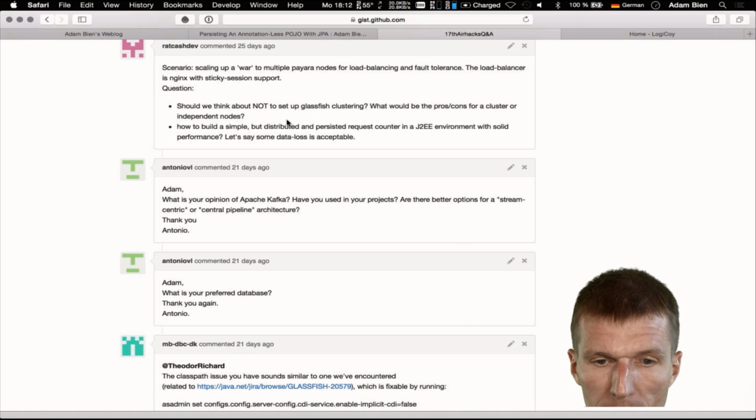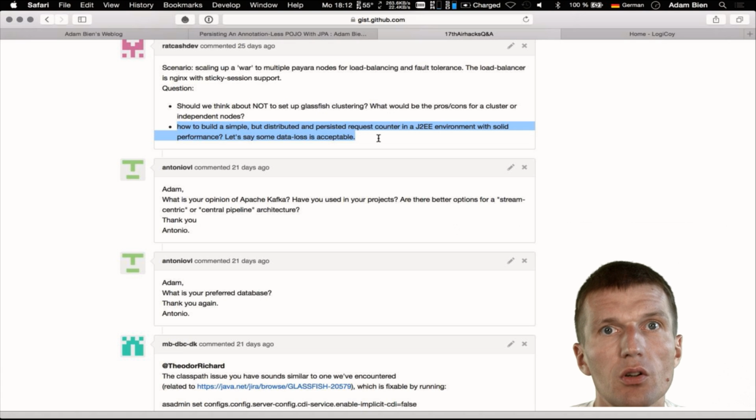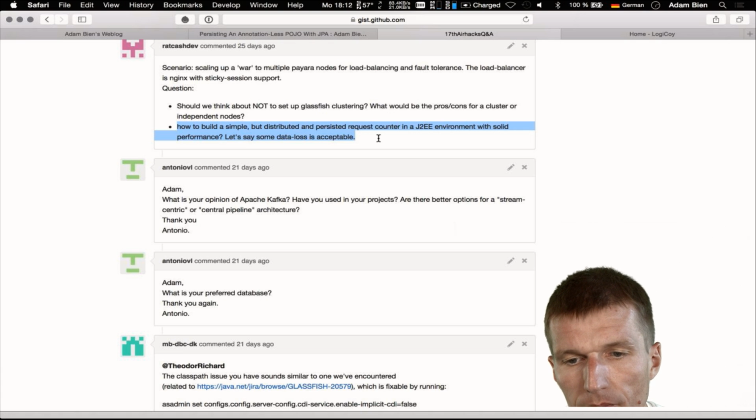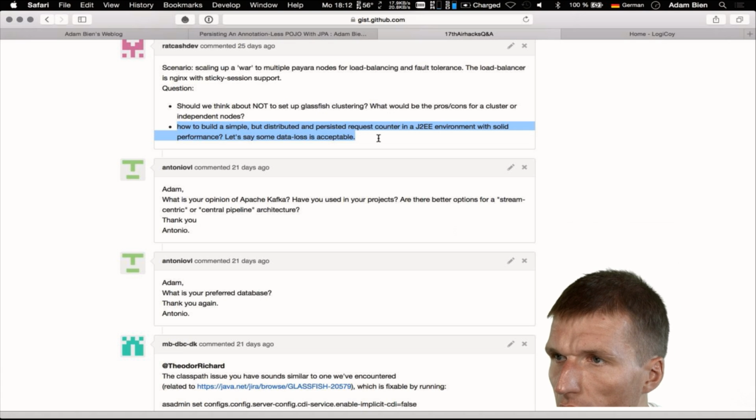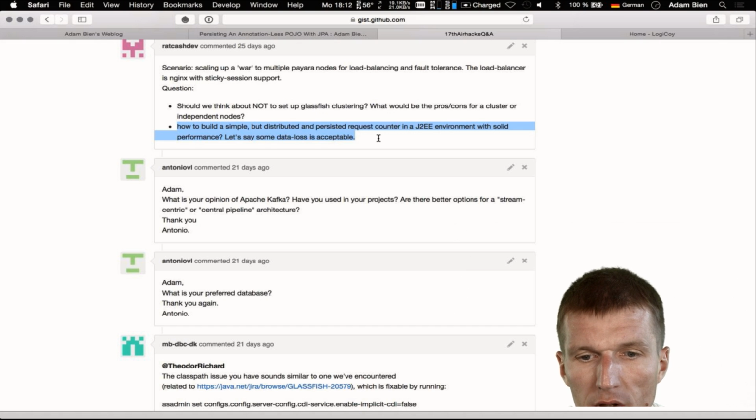So how to build a simple but distributed and persistent request counter in J2EE with solid performance? Let's say some data loss is acceptable. You know where the answer is. Look at what's called sequences in JPA. This is actually a very robust way for counting stuff. This is like a counter. You get the key, which is counted,